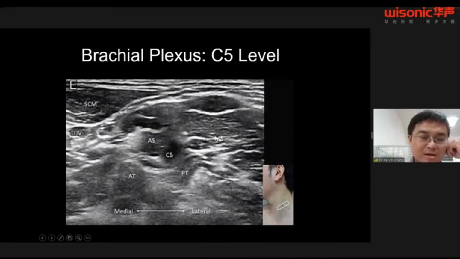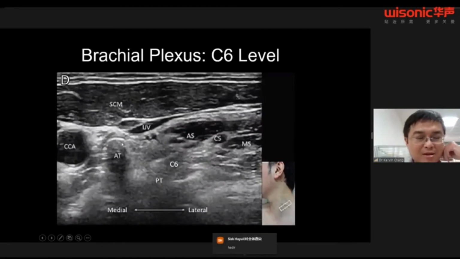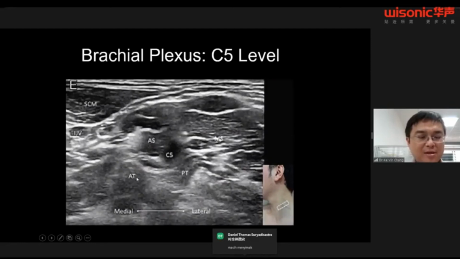At the C6 level, you are going to find it's a typical ultrasound, it's a typical vertebra. So you can find one anterior tubercle and the other is the posterior tubercle. And then you are going to find two nerve roots emerging from the intertubercular groove. One is the C5 nerve root, the other is the C6. And then move your transducer more cranially, you can find